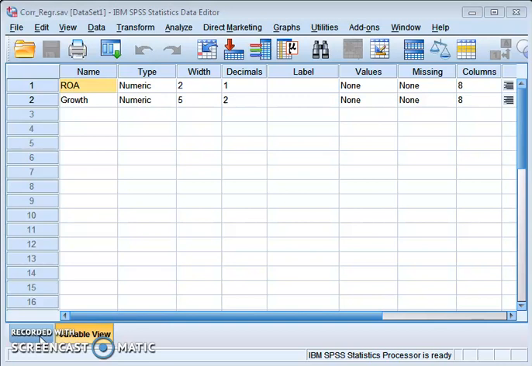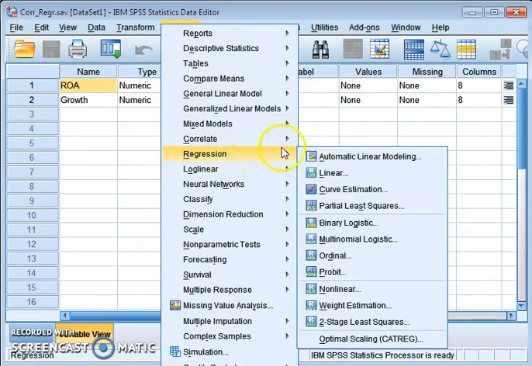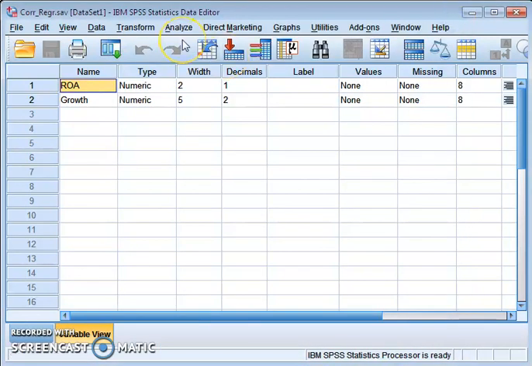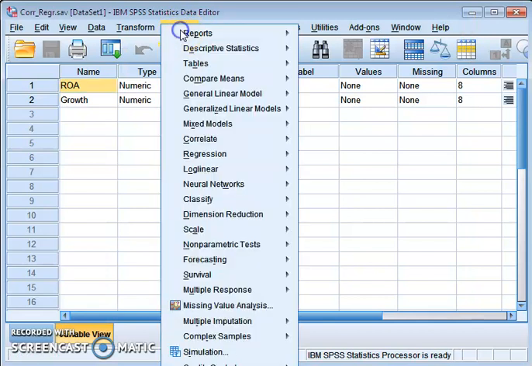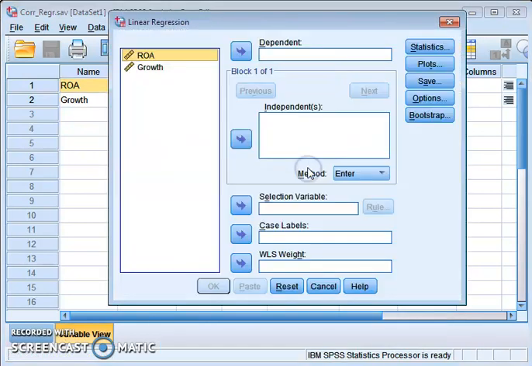So how can we apply regression in SPSS? It is very simple. For applying regression in SPSS, you just need to click on Analyze, then select Regression and select Linear Regression, because we are doing a linear regression. I am repeating it once again for your understanding. Just click on Analyze, go to Regression and select Linear. Once you click on Linear, this dialog box will appear. This is the default dialog box of regression analysis.